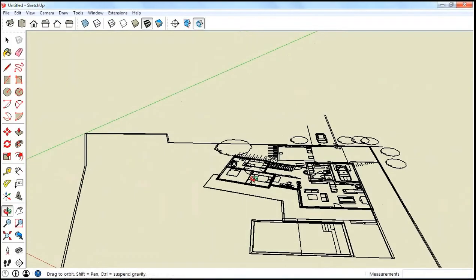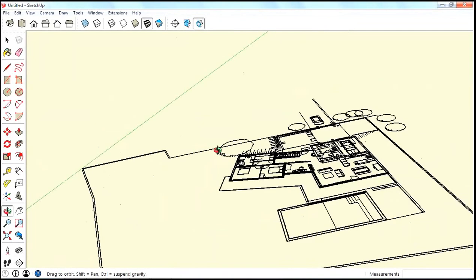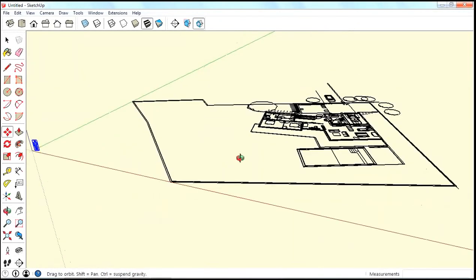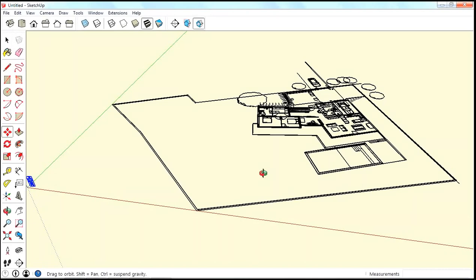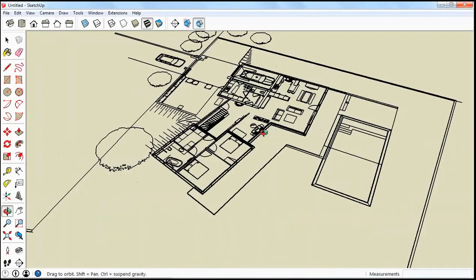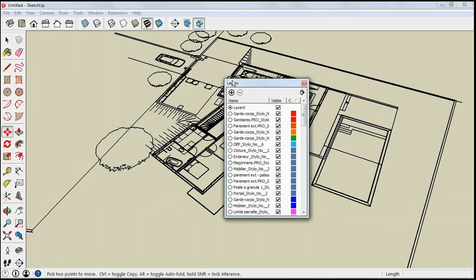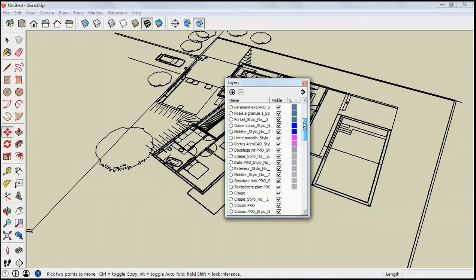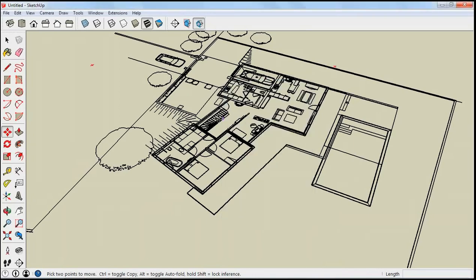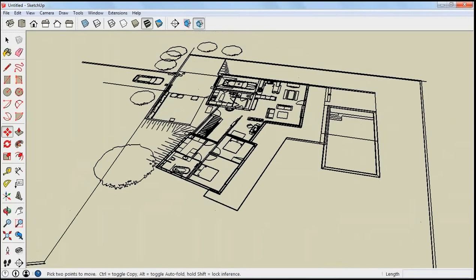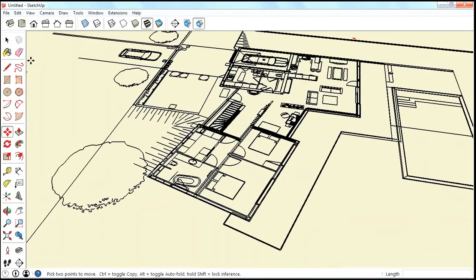So now as you see, I have imported the CAD file. And a lot of entities, all the entities from the CAD file, are showing up now. If you see the layer list, it will show all kinds of information, a few wanted, a few unwanted. Before you get in, I would suggest removing all unwanted data